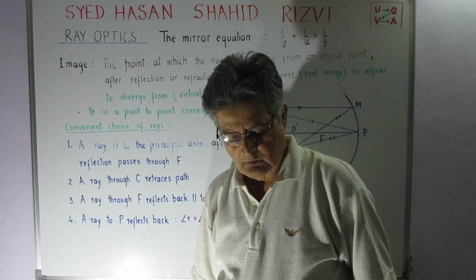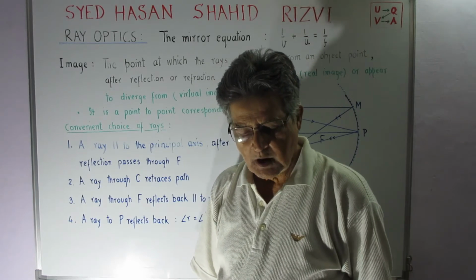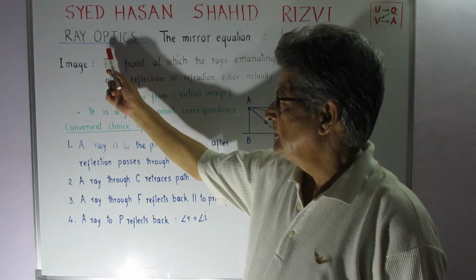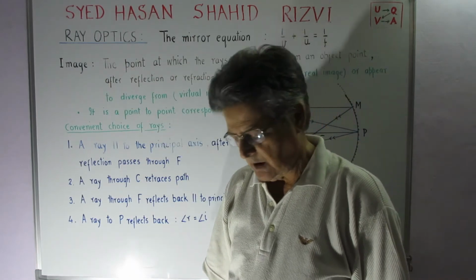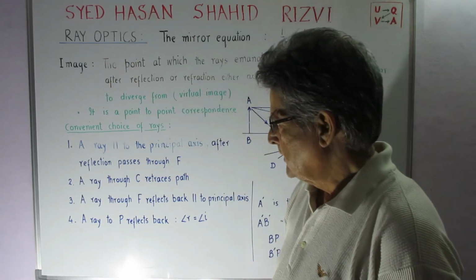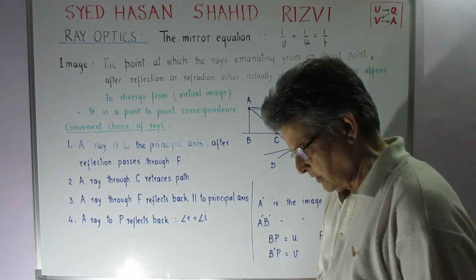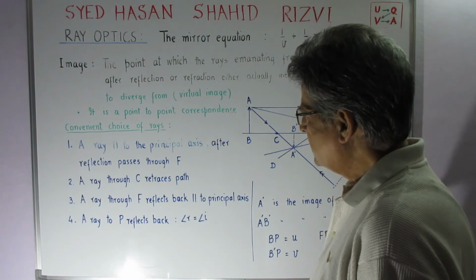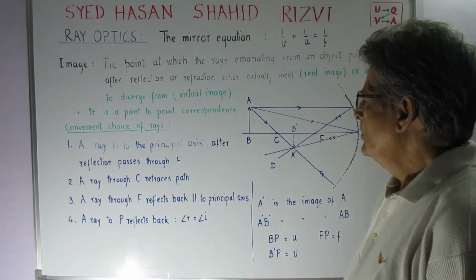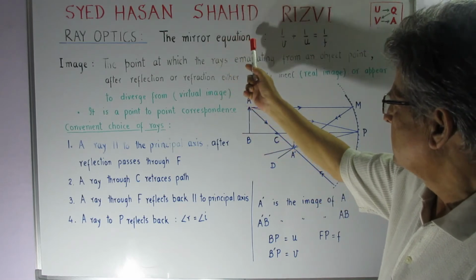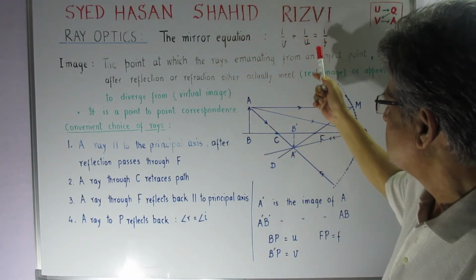So, welcome back once again, and in continuing with our first lecture on ray optics, where we discussed the sign convention. Now we discuss the mirror equation: 1 upon v plus 1 upon u equal to 1